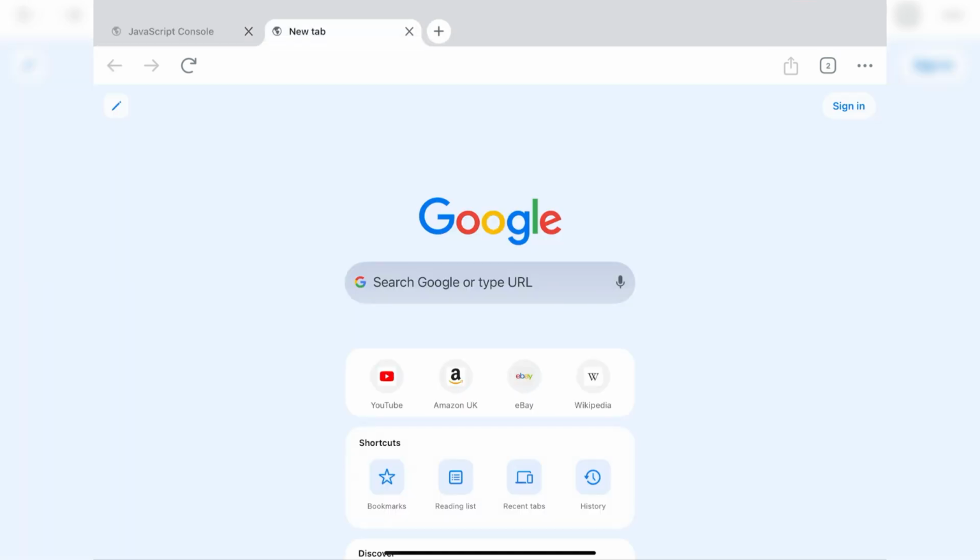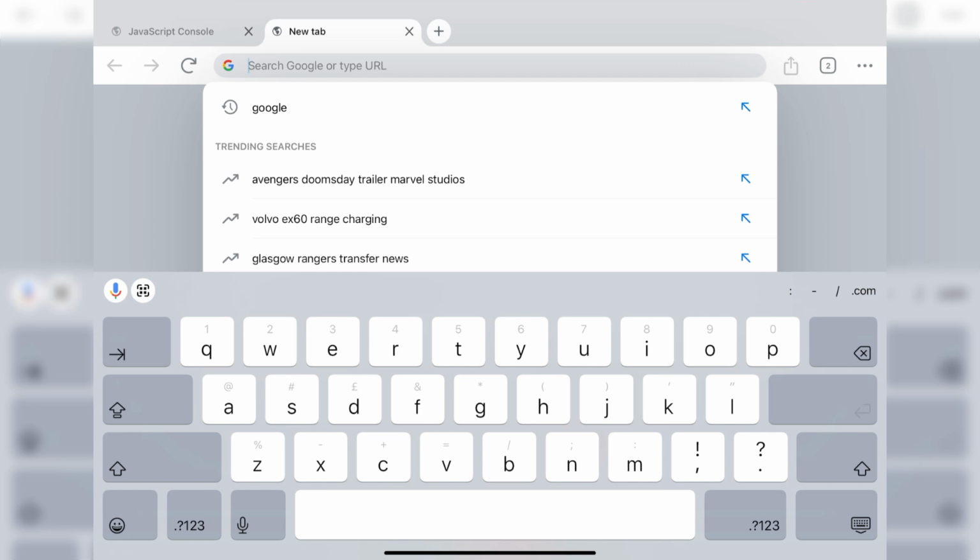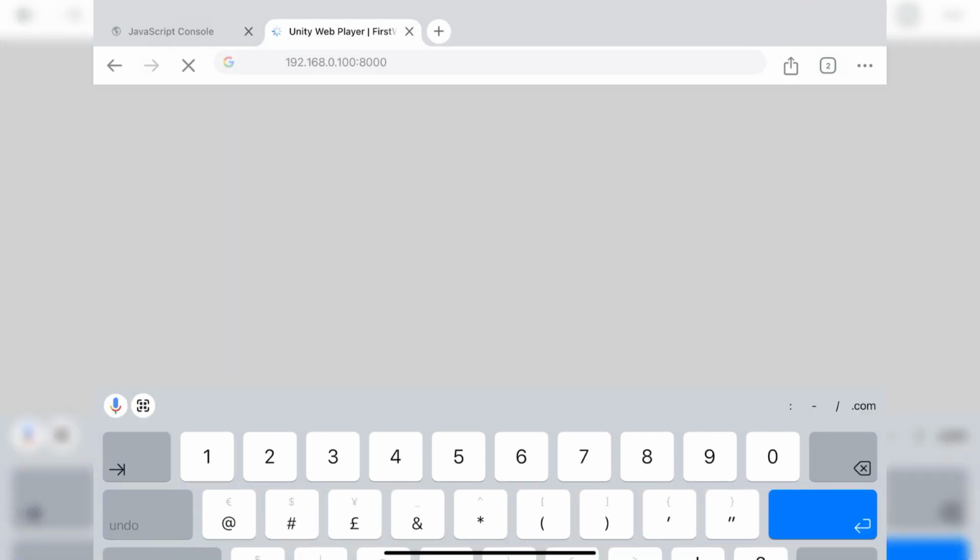Now we're going to make a new tab, then type in the URL or IP address for a web game or a website that has JavaScript logs for you to look at. So I'm going to type in the IP address to connect to a web game I'm hosting locally. So I'm going to open up the game,